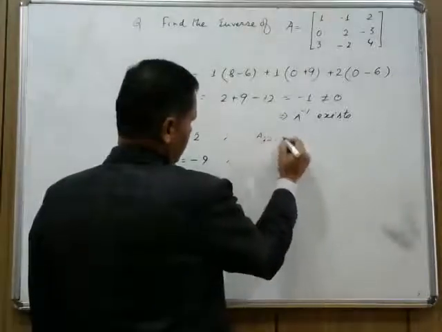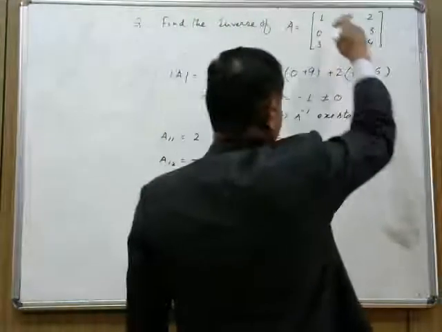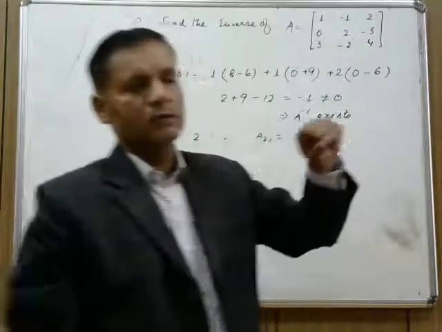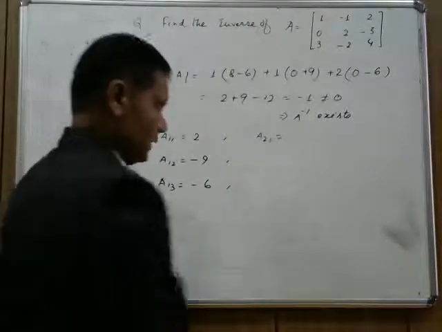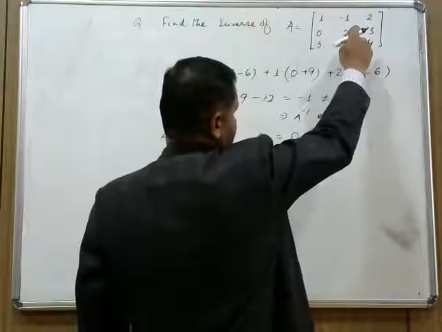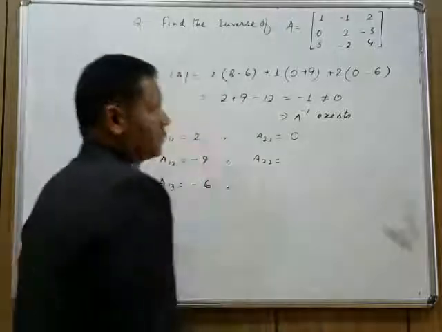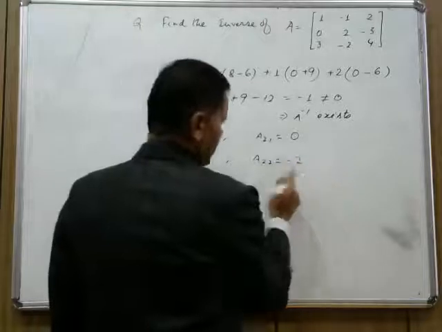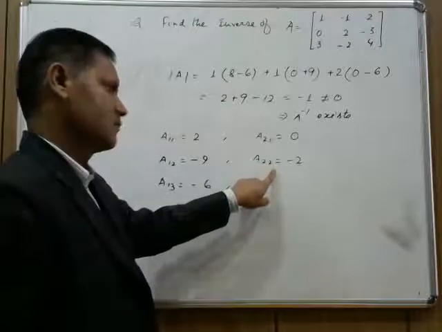Now A21, that is in this row and this column. Now minus 1 into 4, minus 4. So minus 4 and minus becomes plus 4, and that's why it is positive, 4 and not... the value is 4 minus 6 for A22. Now A22, this column, this row. Now 4 minus 6 is minus 2. The sign will not change, because the sum of i and j, the address of this, is even.